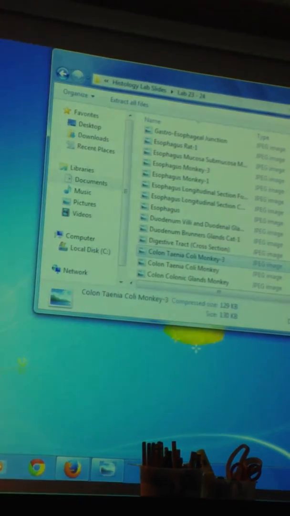So that's it. So colon, done. So I would absolutely look at some of those slides. I'll help you as you need it. And on Monday we'll do digestive 2, which is a much